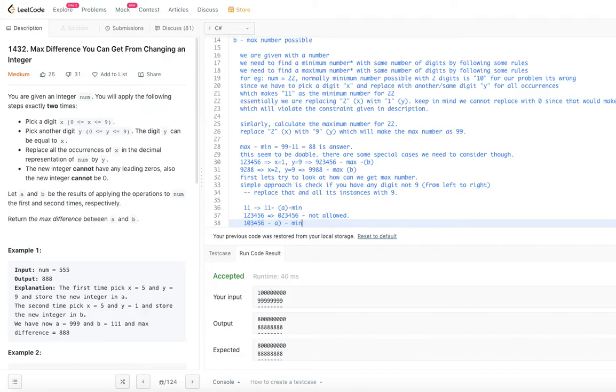If the first digit itself is 1, that is a special case. We cannot replace that with a 0 because we are not allowed to have leading zeros. But the second digit, you can replace it with 0. That will become the minimum number possible. And moreover, replace all the occurrences of that digit. So that's how we are going to do it.